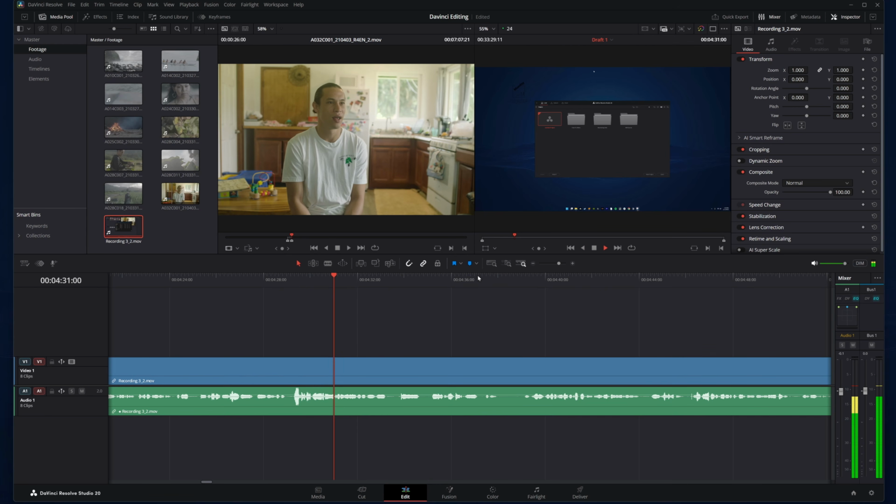Good if you're new to editing altogether. Maybe you're jumping from an online, maybe like a web-based editor, maybe you're jumping to a dedicated software from like a web-based editor.